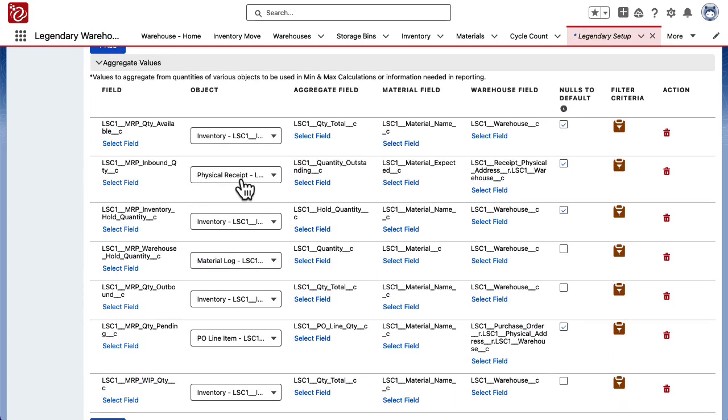And then similarly for inbound, I'm going to query all the physical receipts. And I'm going to aggregate the field quantity outstanding. My material field will be the material expected, and my warehouse will be the physical receipt address warehouse. So in this case, the inbound address of that physical receipt would need to be going to a physical address associated to a warehouse. Otherwise, again, this would group any null values to the default warehouse. If you don't want that to happen, just simply uncheck this, and then that would not group to the default